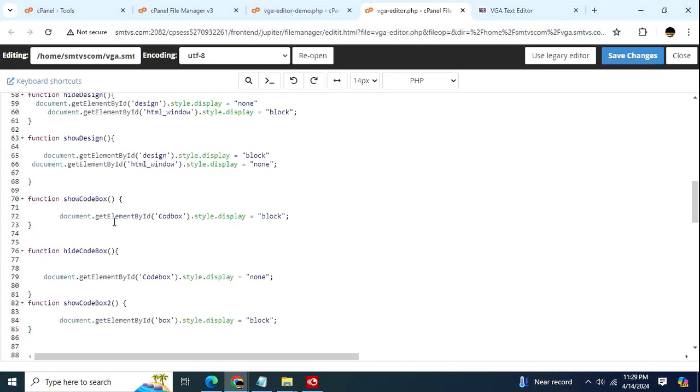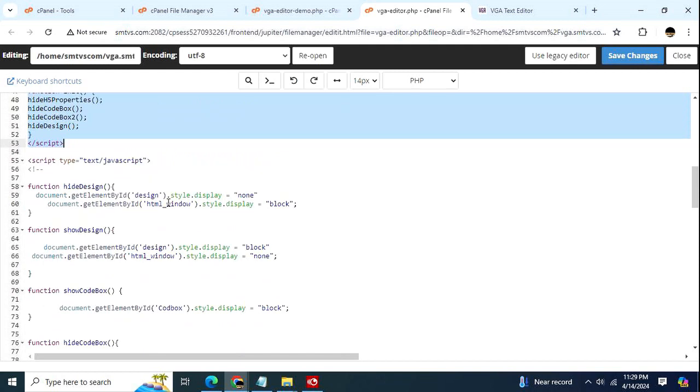Document dot getElementById, getElementById is the code box. A lot of times when I write it, I like to do something like this too. Sometimes I do this, but most of the time I will set a lowercase. You see right here, this is the correct way. Don't try to do this. Code box, code box. I just shortened it, and it could have been small. Okay, so